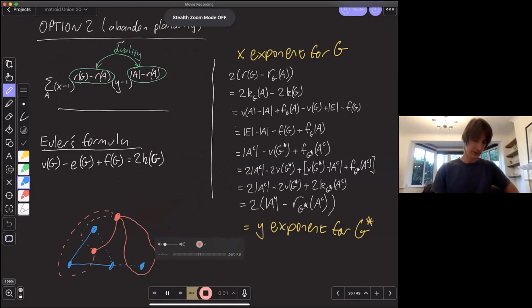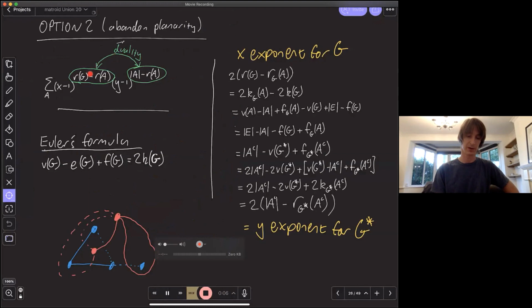So how would we do that? Remember what we're trying to do up here: duality switches the rank exponents to the nullity exponents. And down on the right here, I have this big splodge of algebra. Don't try and absorb it all, but what's going on? I take the x exponent, and I'm going to multiply by 2 just to avoid fractions, and I take my ranks and expand them, so I'm getting a number of components. But at this point, I'm still working with plane graphs, and in many ways, components are really nasty for topological graph theory, and I don't like them. I want to deal with other things.